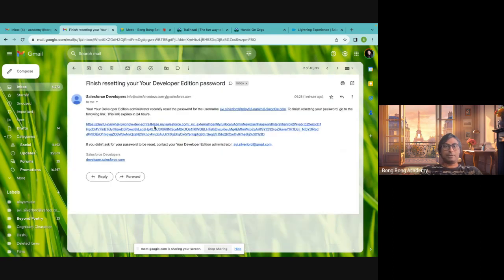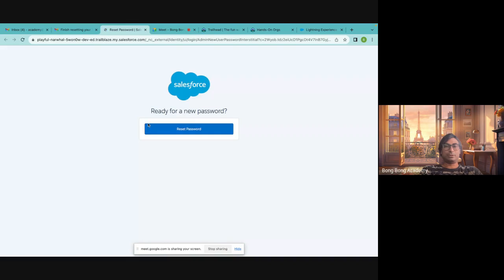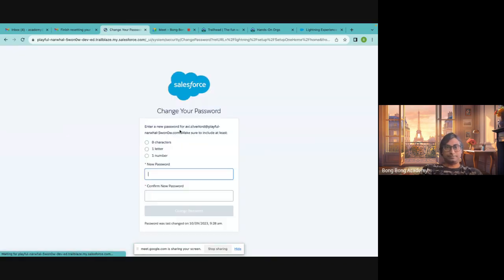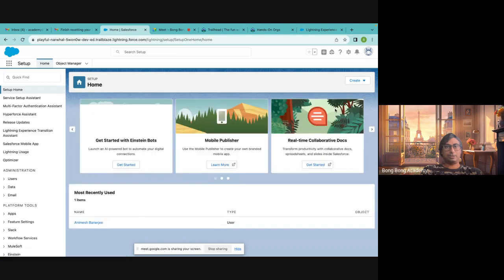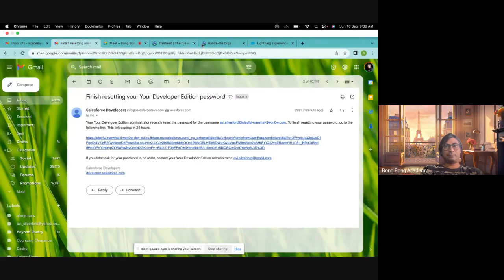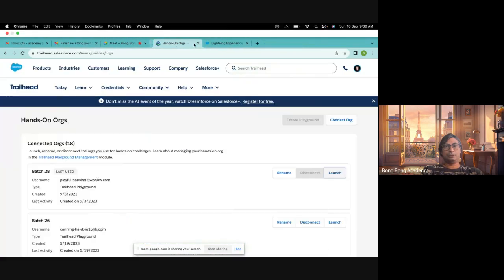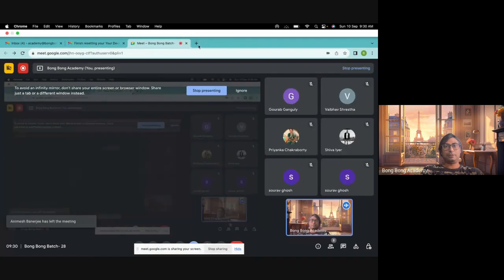Finish resetting password is a mail that will come to you. Click on this, reset password, put some password. And you can log in straight away. Next time onwards, you don't have to go to Trailhead. You can jump in using directly